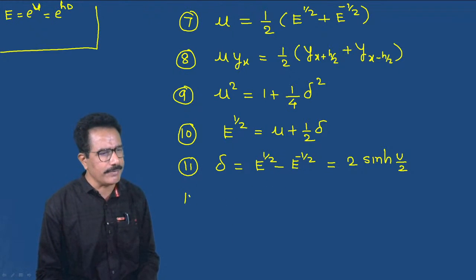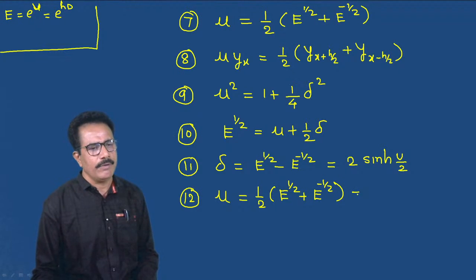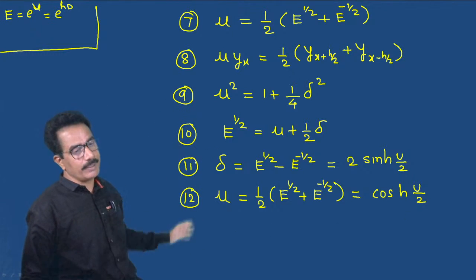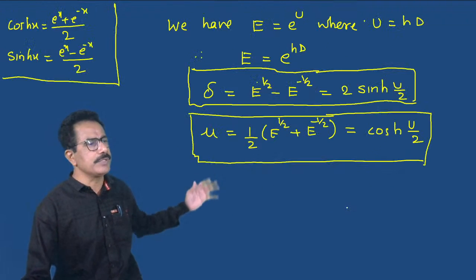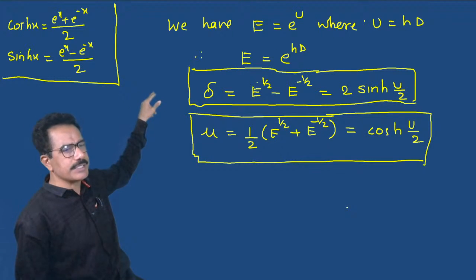सो सेकंड 12, mu is equals to 1 by 2 e raised to 1 by 2 plus e raised to minus 1 by 2, which is equals to cos h u by 2. Okay, these formulae which we have proved. आतापर्यंत हे फॉर्म्युले प्रूव्ह केले. ते फक्त हायपरबोलिक एक्सप्रेशन आहे, हायपरबोलिक रिप्रेझेंटेशन आहे. बाय युजिंग दिस फॉर्म्युला cos hx is equals to e raised to x plus e raised to minus x divided by 2,